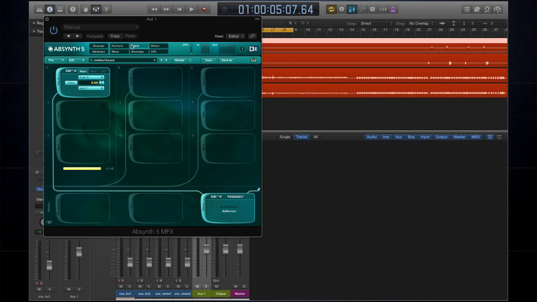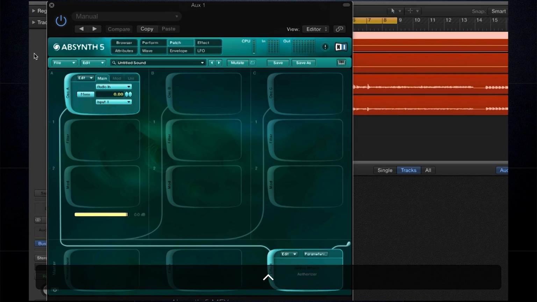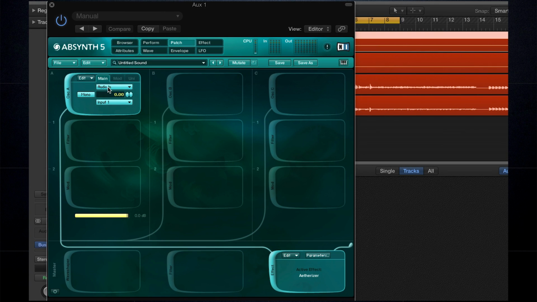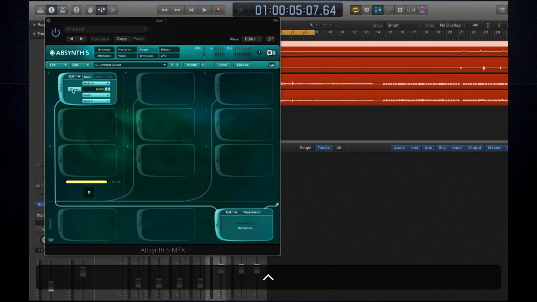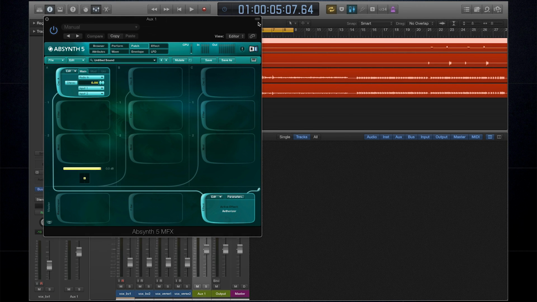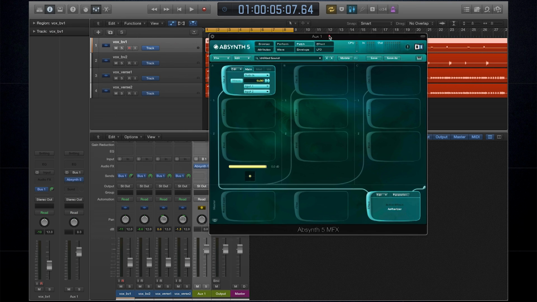What I need to do now is go to the patch window where I will see that audio in is already selected, but in this case we're going to be working in stereo. And by default you can see that the etherizer has been enabled here. And if we take a quick listen,